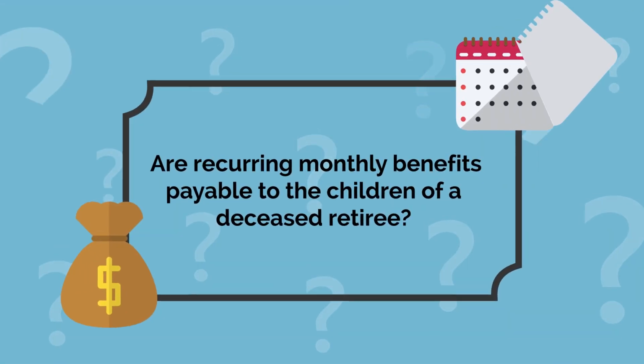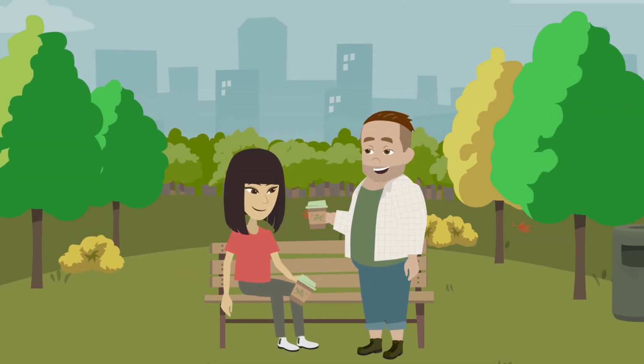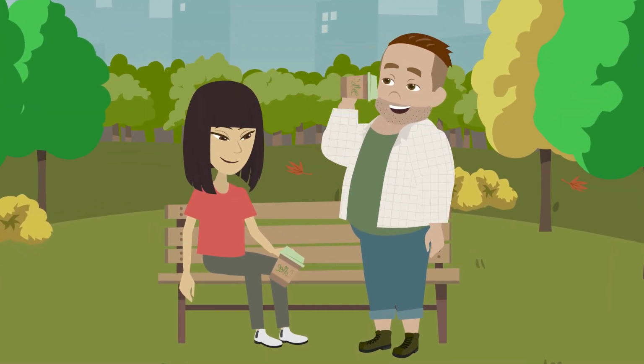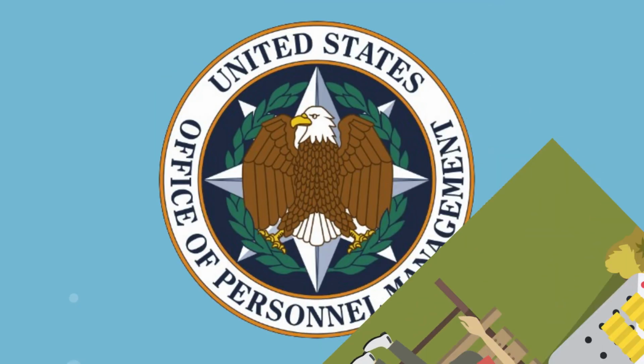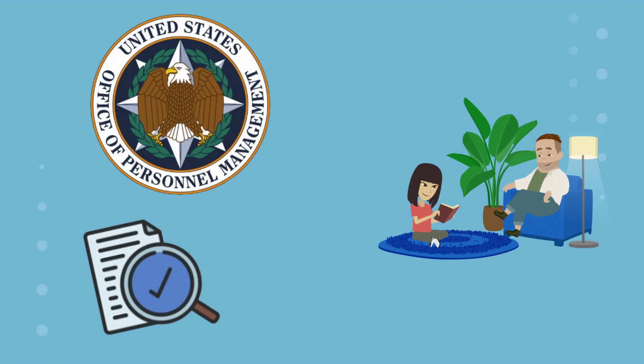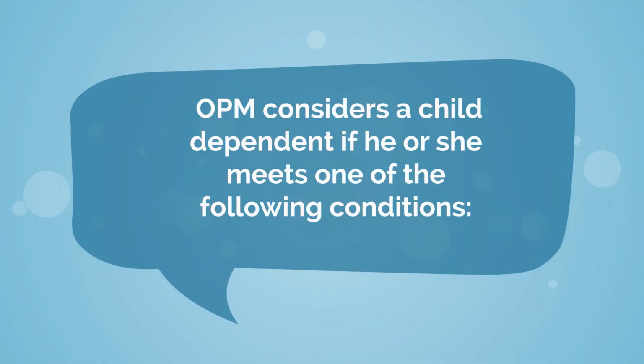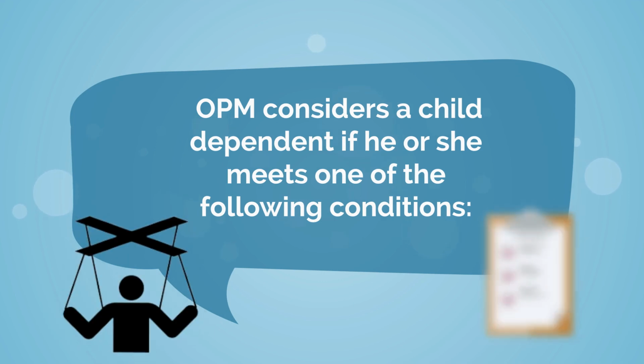Are recurring monthly benefits payable to the children of a deceased retiree? Maybe. Unmarried children, generally under age 18, who are dependent on the retiree can get monthly payments. OPM considers the child dependent if there is proof that the deceased made regular and substantial contributions to the child's support. OPM considers a child dependent if he or she meets one of the following conditions: was born within marriage